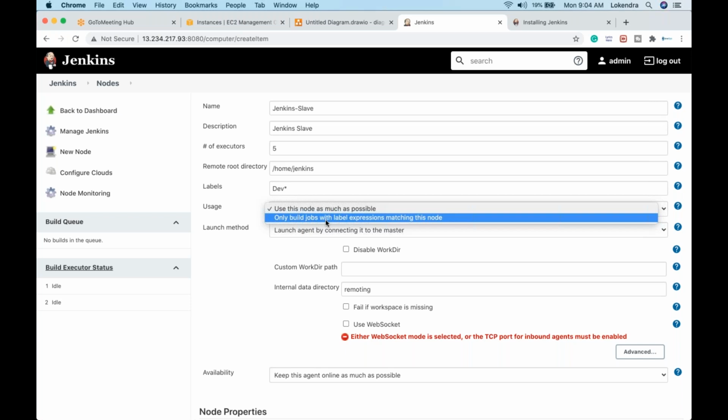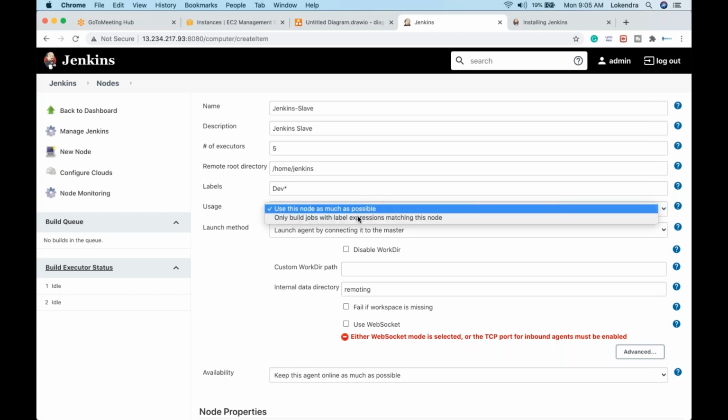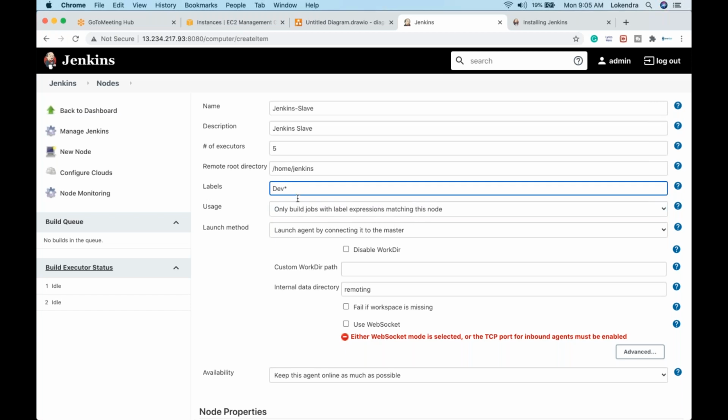Guys, if we have individual Jenkins slaves for individual environments, then we keep this particular option. Otherwise, most organizations like to use this node as much as possible, right? But in our case, I'm going to opt for this option because I really want to show that this will execute only those jobs which are starting with dev, right?